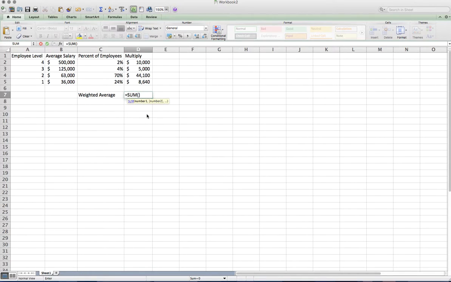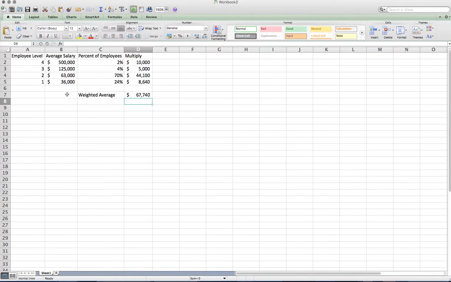You just click on sum, and then you just highlight your data here. So I want to add these 4 data items up, and I click enter, and that is my weighted average. So this gives me an average that is actually fair to look at. If I were just to have taken the average of these 4 numbers, that would not really have been an